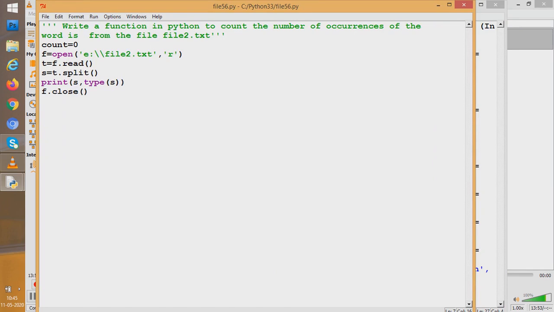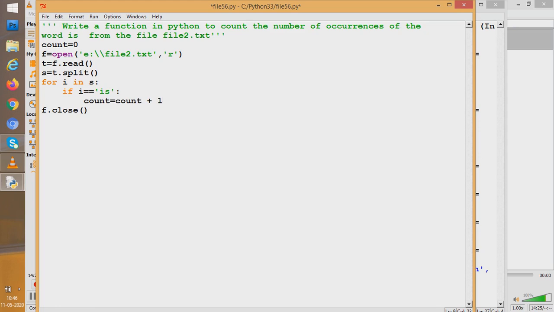So how will we do it? We'll write here, say, for i in s this time. So everything comes word by word in i, because s is a list which contains words. The first word would come first in i, then the second word would come, and I'll check if i is equal to the word "is". If it is so, then we'll say count is equal to count plus 1.